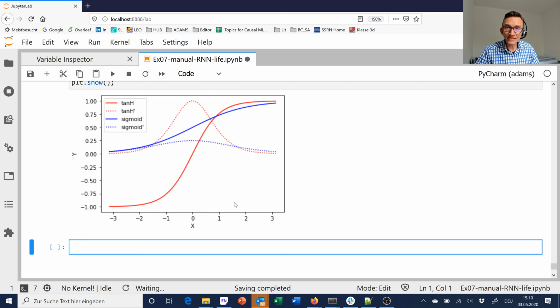Using the tanh in our neural network, we benefit from the fact that its derivative does not shrink gradients as aggressively as would the sigmoid. And you see that quite clearly here when plotting the tanh and the sigmoid and their derivatives in one picture, how the derivative of the sigmoid really is super flat,